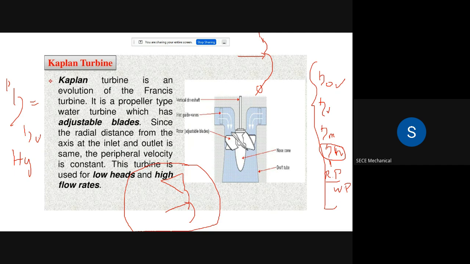Why will it be different? Since it is a high velocity impact, the blade of the Pelton wheel is boat-like in structure. So the inlet velocity is a linear type velocity. So in most interviews, they ask you to draw the respective velocity triangle for the Pelton wheel turbine, right?